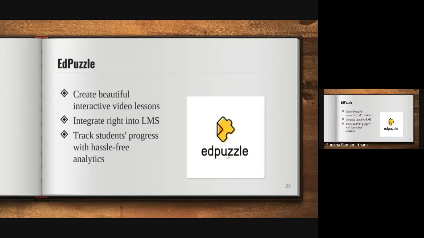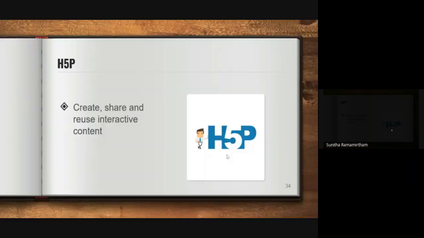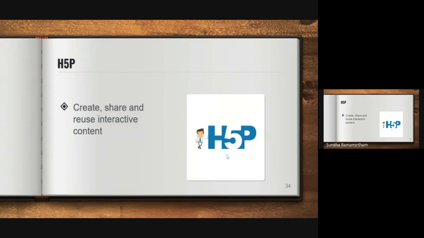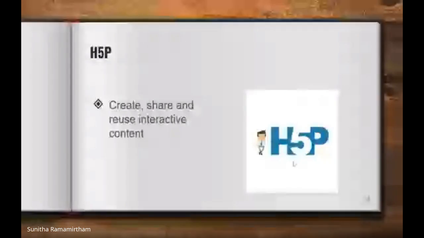And H5P is again similar to Edpuzzle. H5P is another free tool which is more efficient to create interactive content. You can create quizzes, and the quizzes will be visually rich. You can add drag and drop activities. Whatever I was telling, you can create interactive PPTs. So as I told you,